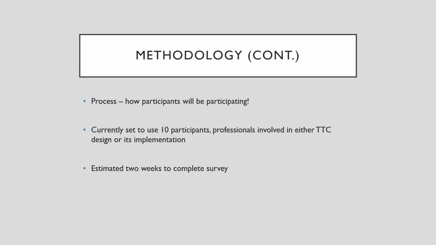So the process is going to involve creating temporary traffic control design in 2D and 3D space. Half the participants will first design in 2D and then in 3D space, and then the opposite for the other half to remove learning bias. I'm looking at an area about 400 square feet where participants will